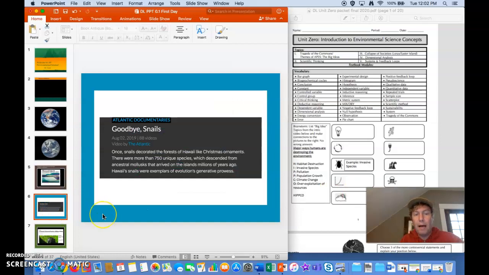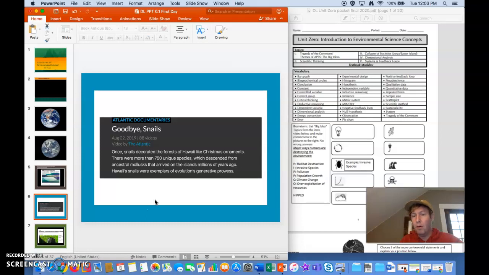Goodbye snails. So maybe you were talking about planet Earth here, the disappearance of species. Put it in wherever you want or not at all. This is just, again, for you to make some connections on what's actually headlines, real headlines that are happening in the world, that are up to date. And we're going to talk a lot about species extinction and